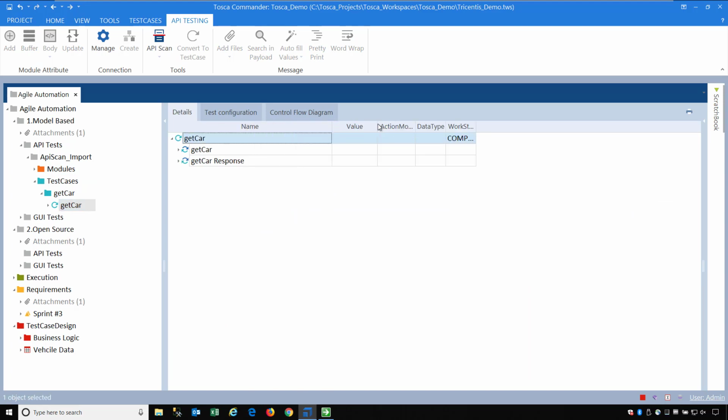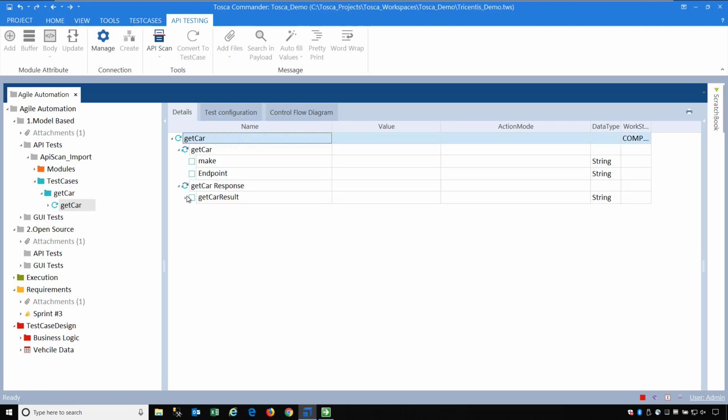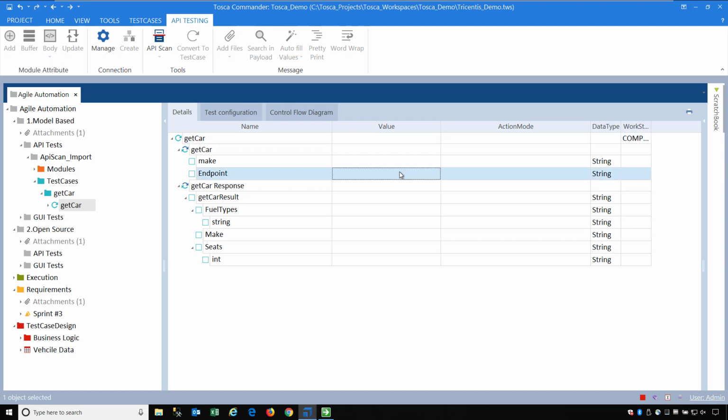These are the important fields: the name, the value, the action mode. That's how we do all our automation with Tosca across all technologies. And if I right click and expand there, you can see it's all ready for my data over here. And what I can do now is anything I don't want to parameterize, I can just enter it straight into